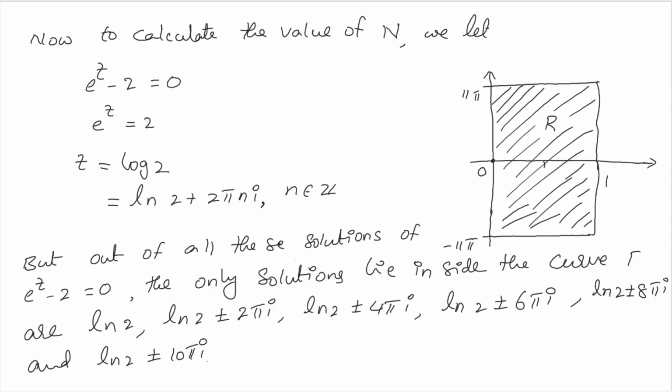In total, these are the only solutions which lie inside the curve gamma, and which are the solutions of the equation e to the power of z minus 2 equal to 0, and which denotes the number. So n is 11 and p equal to 0,